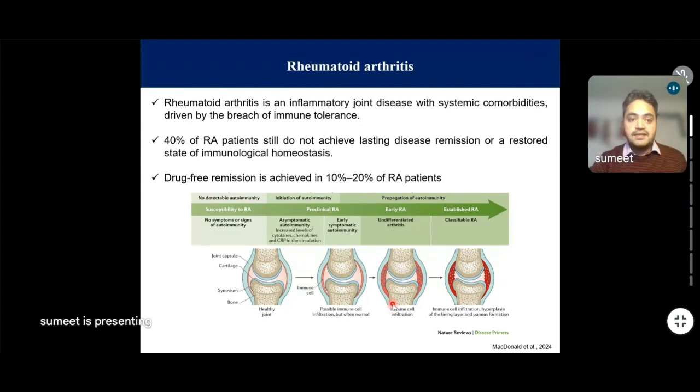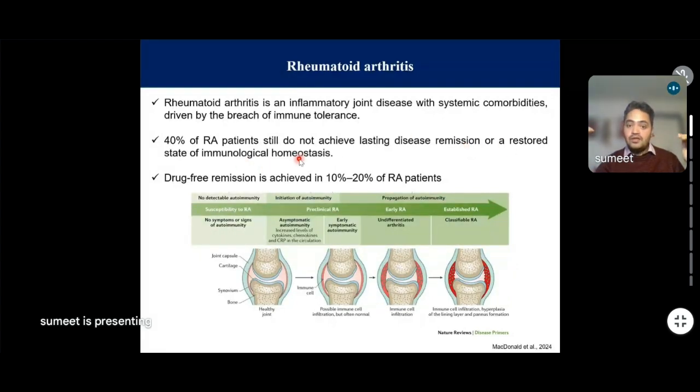Now, I just want to give a quick example of rheumatoid arthritis, which is another autoimmune disease. It is inflammation of the joints, and usually it is with systemic comorbidities driven by the breach of immune tolerance. The good thing is we have almost 60% of the patients who basically have long lasting remission, meaning somehow you can suppress the disease. They still have the disease, but they don't have any flares, or the disease doesn't come again. But roughly 40% of the RA patients still do not achieve long-lasting disease remission or restored state of immunological